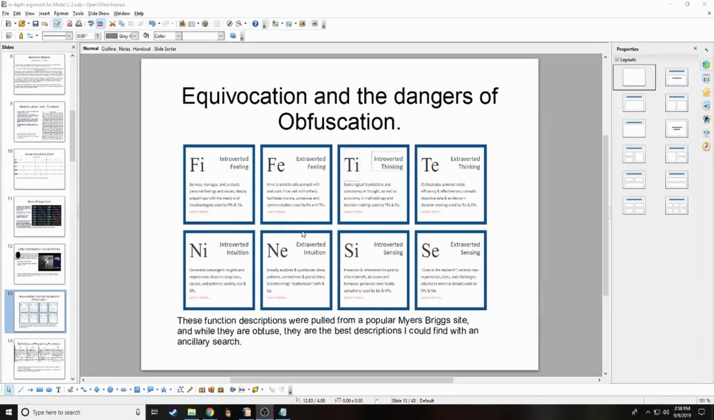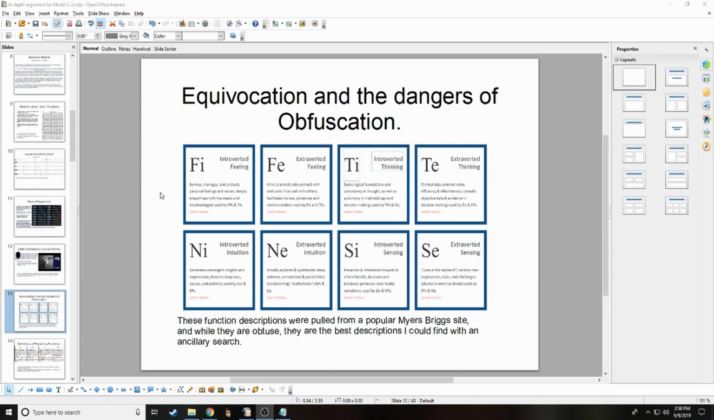The other two functions that we're going to be analyzing today are the other judging functions, Ti and Te. And to get into that, I'll pull up the screen here. So these are the definitions of all of the functions as set out by Myers-Briggs, Fi and Fe, Ti and Te. This is pulled off of a popular typology website that doesn't seem to have particularly wrong information anywhere else,